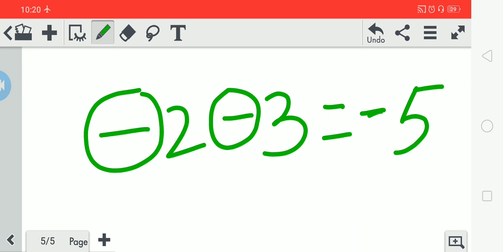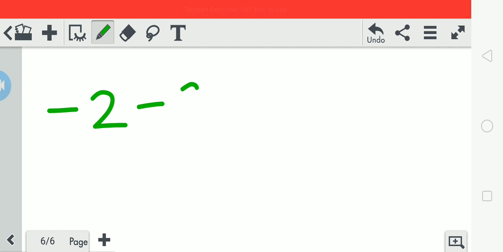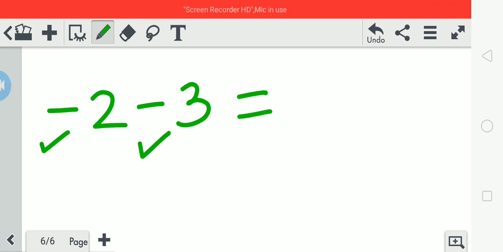Get it? I repeat the example. The example was minus 2 and minus 3. Here the signs are the same, both integers have the same sign. 2 has the minus sign, 3 has the minus sign, so the minus sign is carried by both numbers. In such a case you have to do the addition. So 2 plus 3 means 5, and the common sign is minus here. So put the minus sign or negative sign.